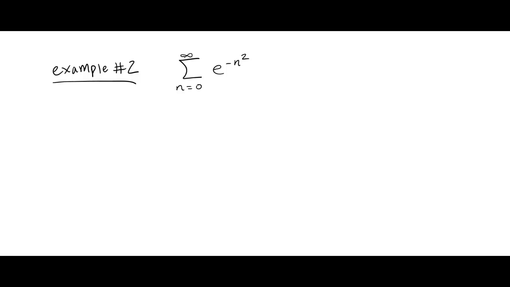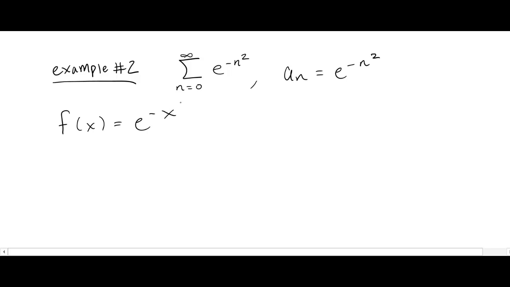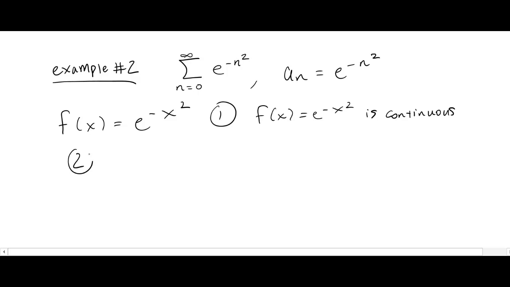In this example, a_n is the sequence e to the negative n squared, starting at n equals 0. Now we can check that the function f of x equals e to the negative x squared satisfies the 3 conditions for the integral test. First of all, it's continuous. f of x is decreasing